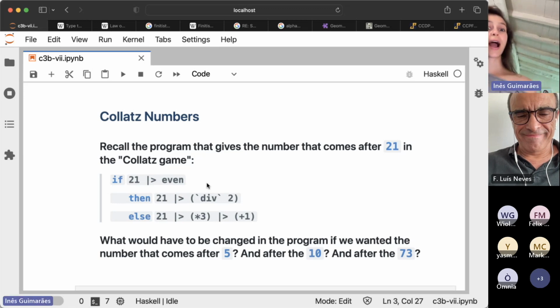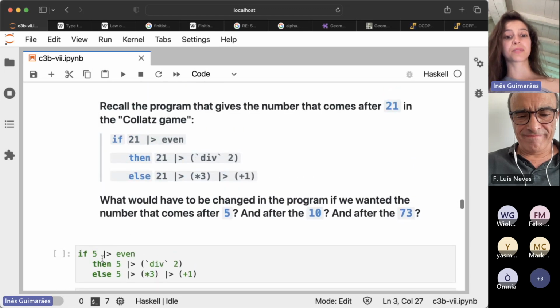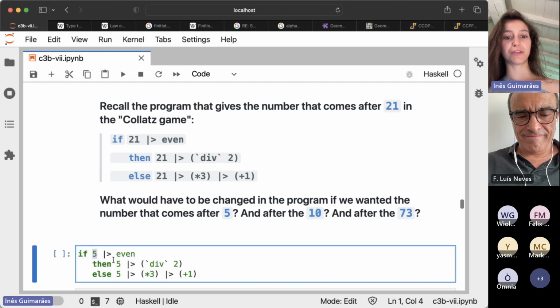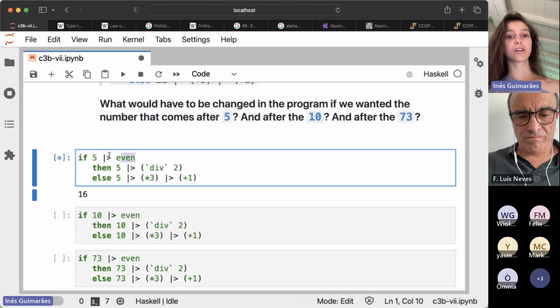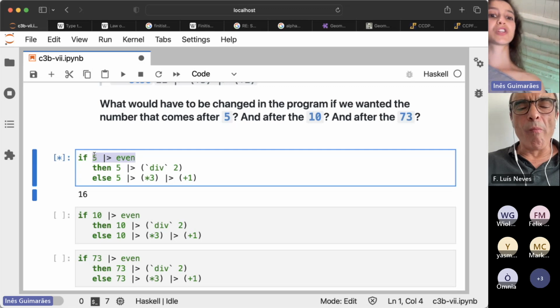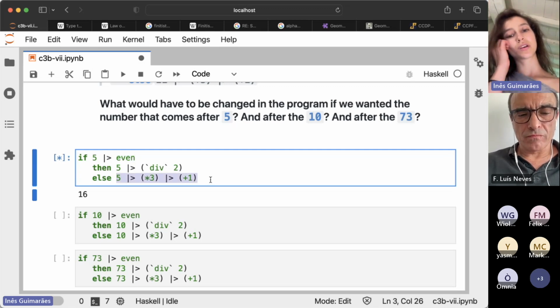Okay, exactly. I just need to change the number. If I want to know the number that comes after 5, instead of 21, I write 5 here, here, and here. I execute this cell, and the result will be 16, because 5 is not even, so the proposition is false, and therefore the computer will compute the expression that comes